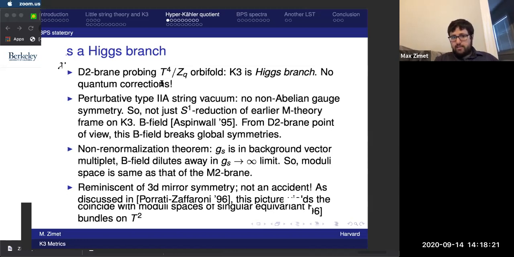So what I mean by that is there are two different things one can mean by an orbifold in type 2A string theory, depending on some choice of discrete B field on the collapsed 2 cycles of the orbifold. One is just the straightforward dimensional reduction of M theory on that orbifold, and that has non-abelian gauge symmetry. And so I would call that a non-perturbative type 2A string vacuum because you get massless gauge bosons coming from D branes wrapping the singular 2 cycles in that K3 surface.